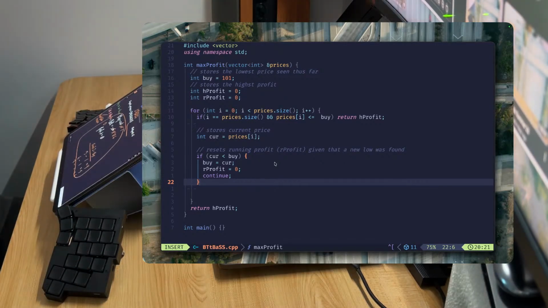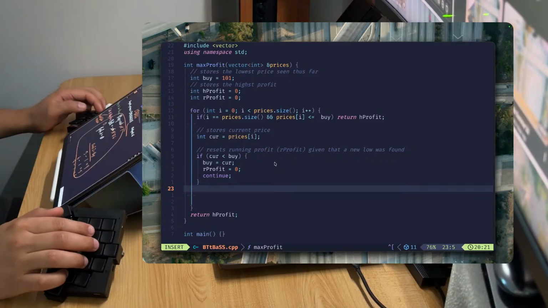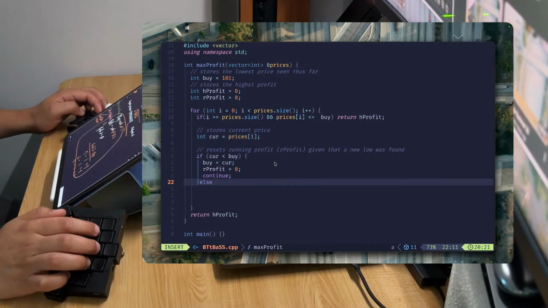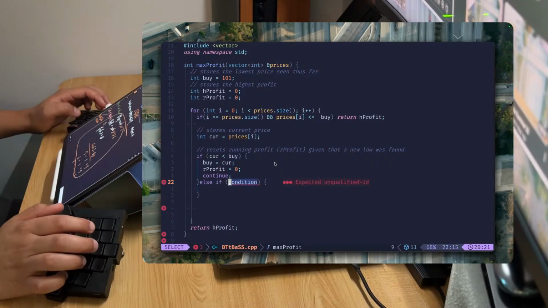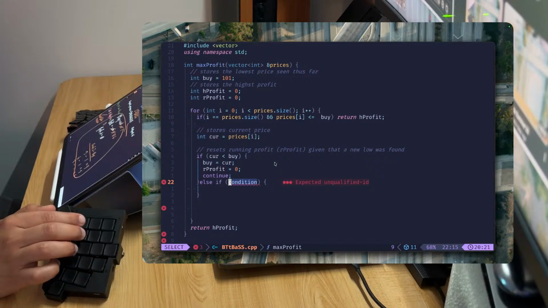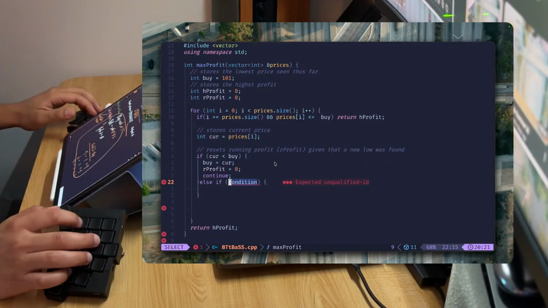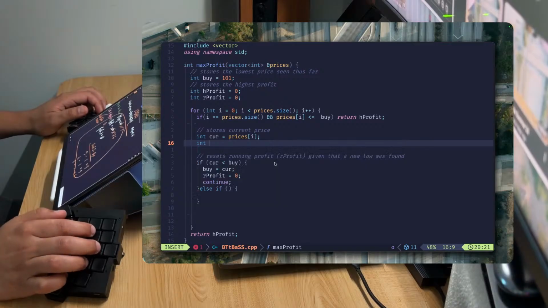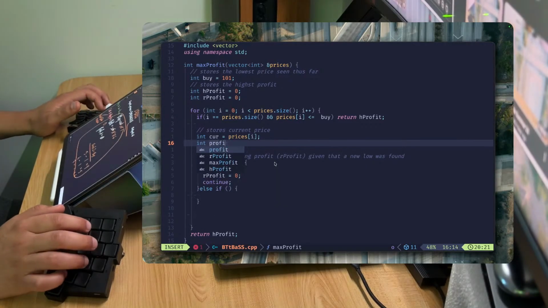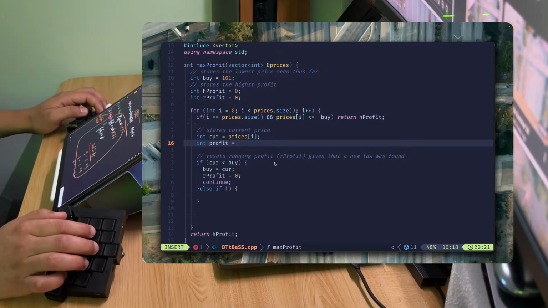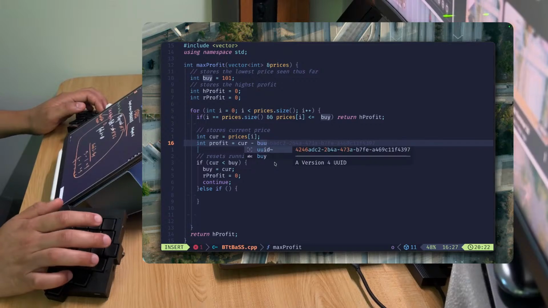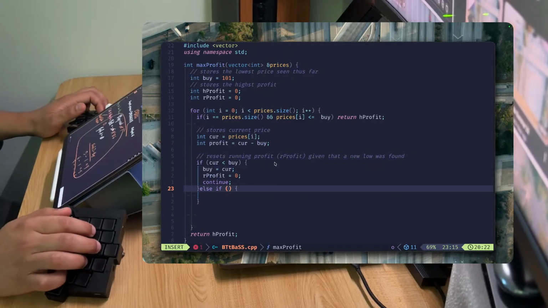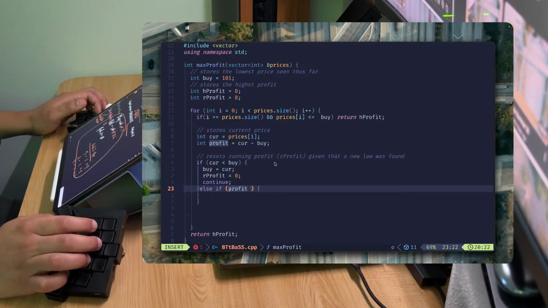Okay, the other condition is, I should probably, okay, we're gonna calculate profit equals current minus, right? So if profit is